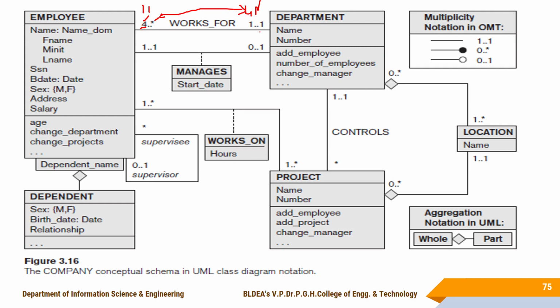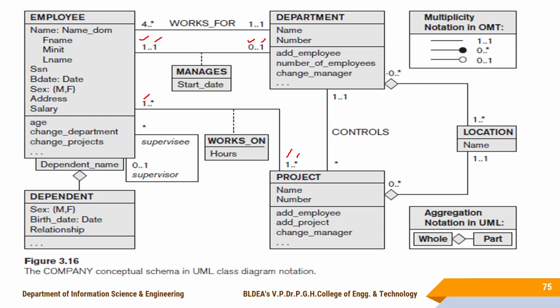In the same way 1, 1 you are specifying here. So name, same thing here. So this is the one department, minimum one manager for works for one department. That employee may be a manager or may not be a manager here. So for the employee, the same employee can work on more than one project or must work on at least one project here. So one project may contain more than one employee here. Minimum is 1, may contain more than one employee here.